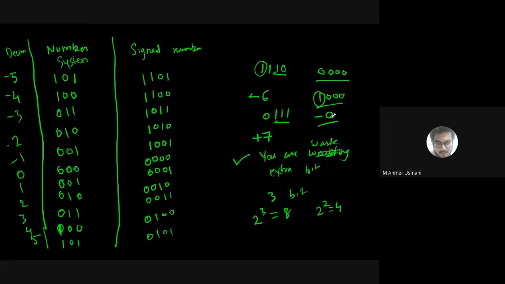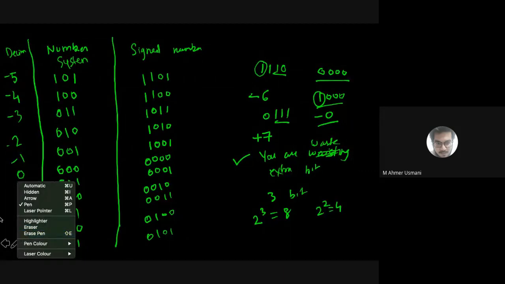Because of this, another number system was introduced, and that was called the ones complement number system. I'll go to the next slide. The first way of sign number system was just sign number system, but sign number system का दो drawback था. एक sign store करने के लिए और दूसरा, because it was generating a number called minus 0, which is not allowed. इस वजह से हमने second way of representing sign numbers को implement किया, and that was called the ones complement.